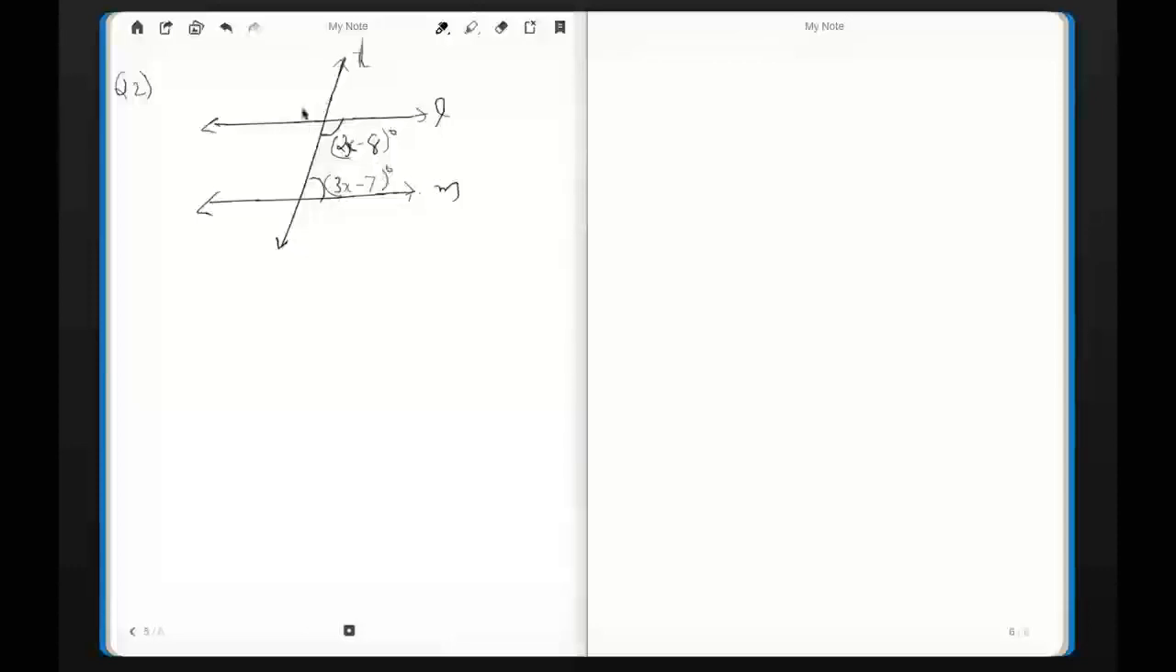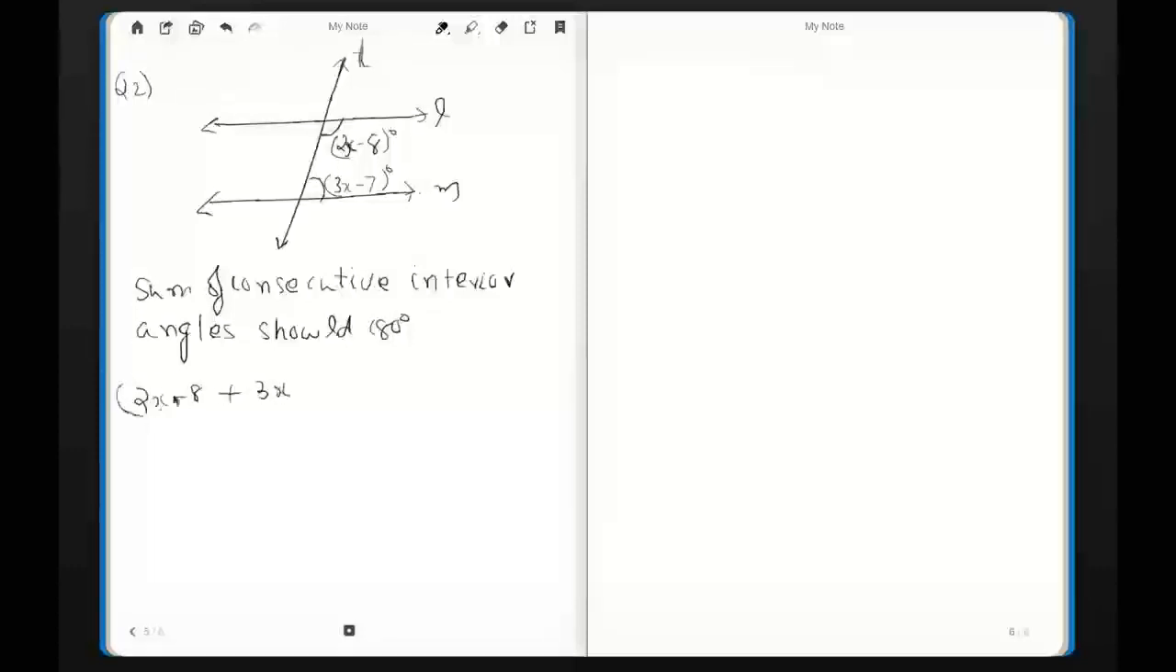Find all the angles, right? Now, these are consecutive interior angles, and so the sum of the consecutive interior angles should be 180 degrees, right? So since the sum of consecutive interior angles should be 180 degrees, we say 2x minus 8 plus 3x minus 7 is equal to